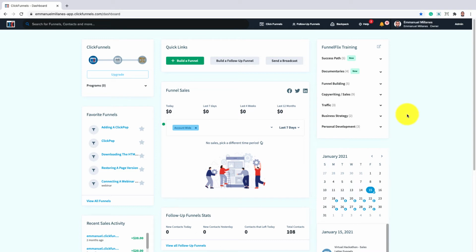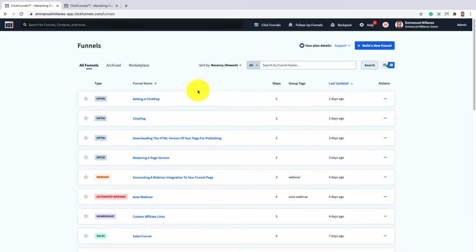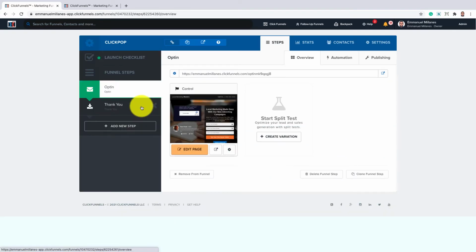This is only one process, but for the purpose of this video and to better understand it, we will separate it into several steps. So the first step will be to access your opt-in page to generate a ClickPop code. So you will need to hover over the ClickFunnels drop-down menu here and click on Funnels. Then you will choose the funnel that you want to access by clicking the funnel name. Then of course, you will select the desired opt-in page. In this case, I will use this opt-in page here.